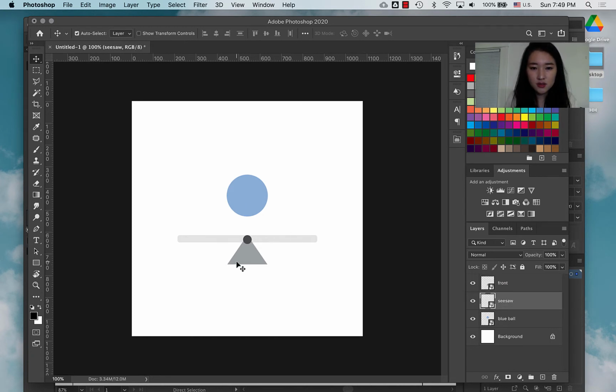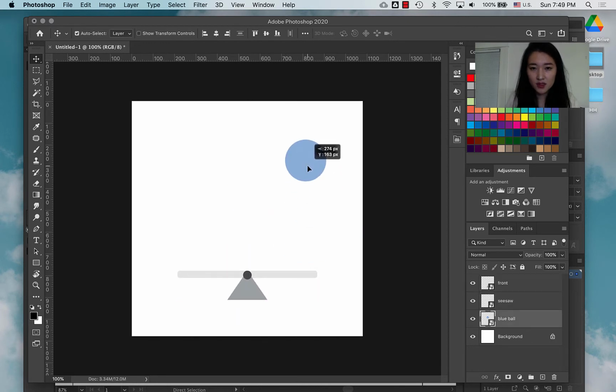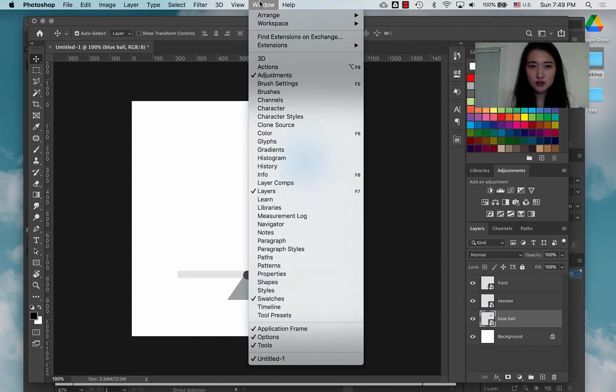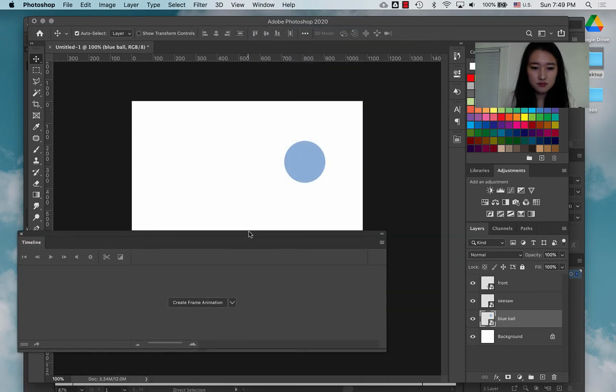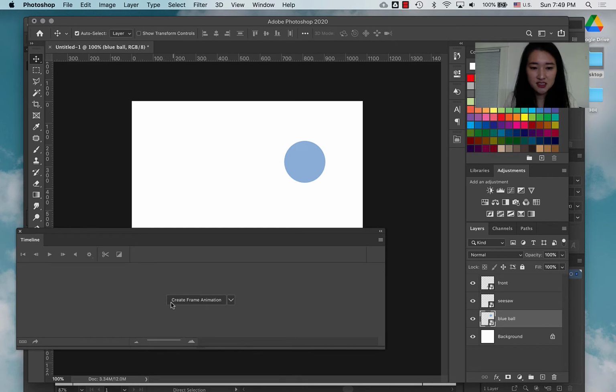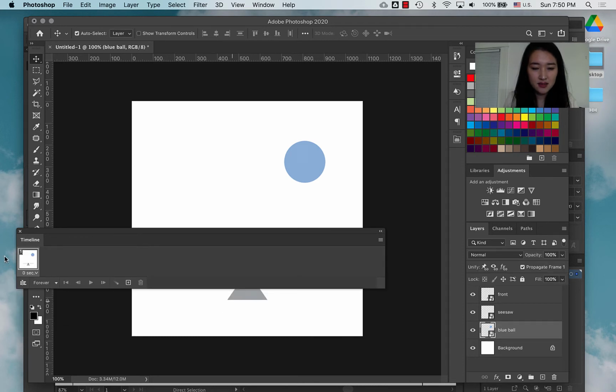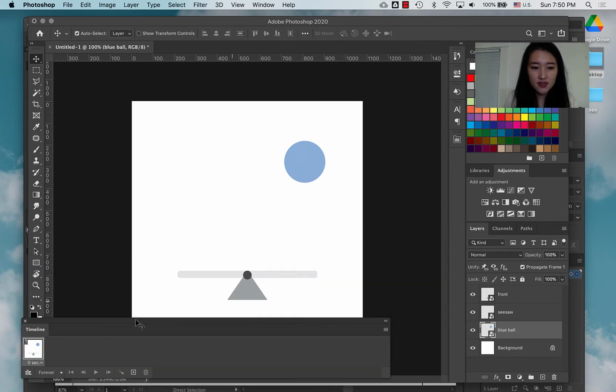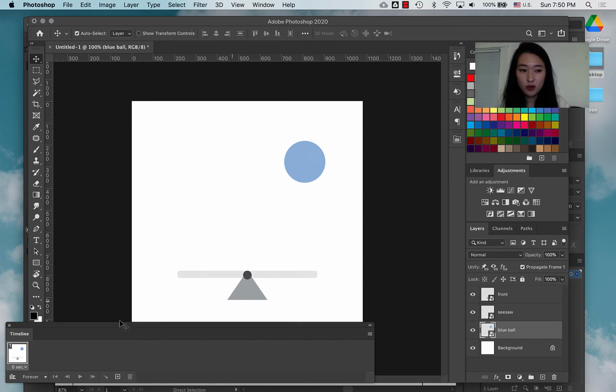I'm going to move this down, and when you create an animated GIF, you actually use something called a timeline. So when you go into Window, you'll see that it says Timeline here. So click on Timeline, and make sure you set it as Create Frame Animation. You can see there are two options, but you have to select the frame animation, and it starts off with your current screen like that. And one thing to remember, this is very important, when you move something on this, it